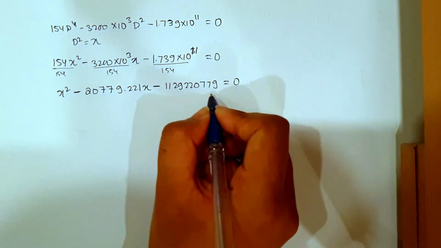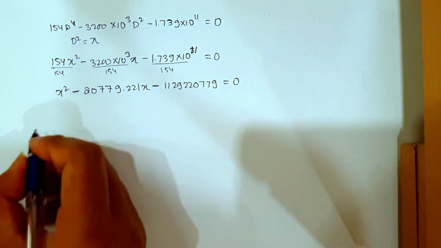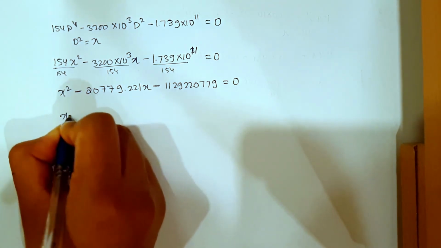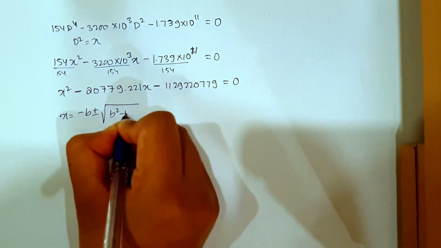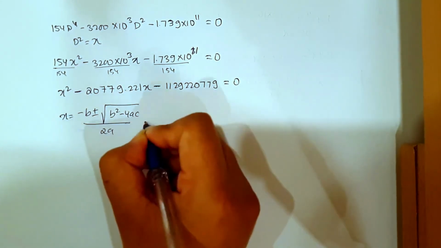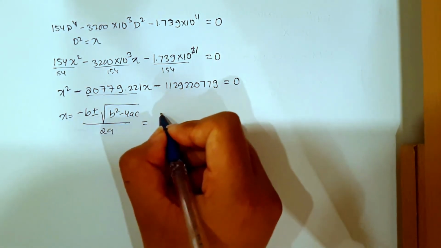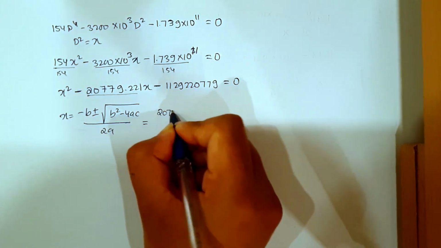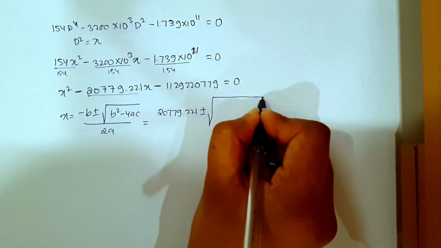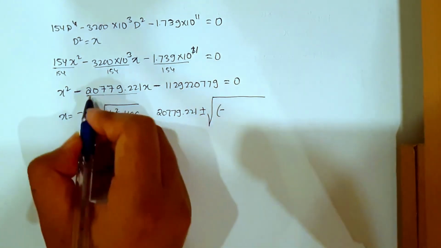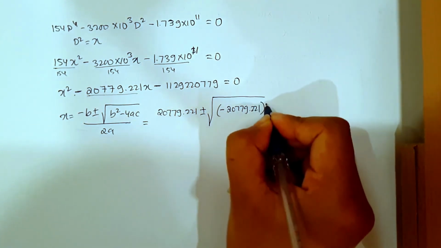Now from here it forms a quadratic equation, and you can directly solve it in a calculator or else solve it in this manner, which will be x equals to minus b plus minus root over of b square minus 4ac divided by 2a. Now from here b is equal to this value here, so minus and minus will be plus, so it will be positive 20779.221 plus minus root over of b square. So I have minus, b is here minus 20779.221 whole square